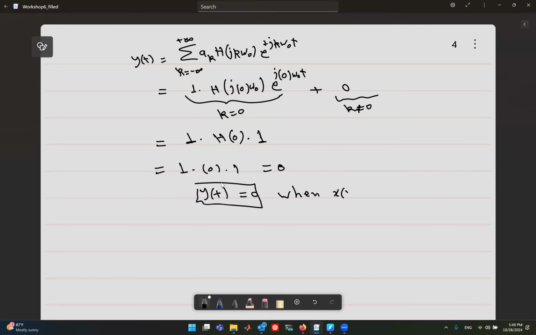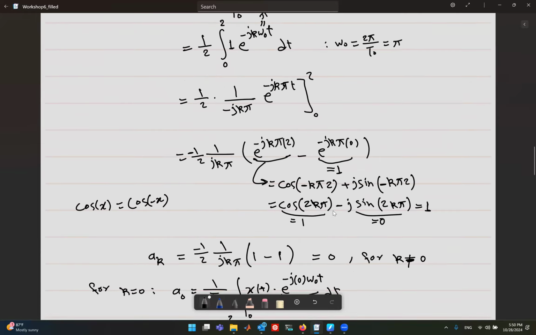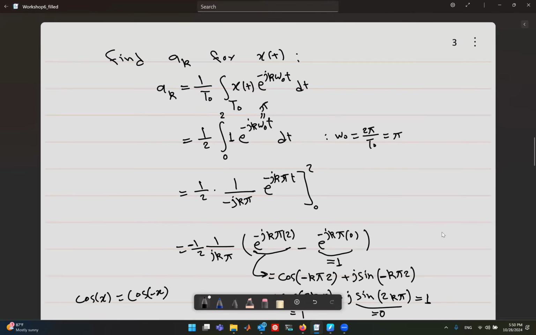When the input is given by that equation, which is 1, 1 minus 1/2, 1/2, and 1/2 to 3/2, and we have that given bandpass filter, the output will be 0. This is mainly because the frequency of this signal was omega naught. Here, the frequency of this signal is pi,